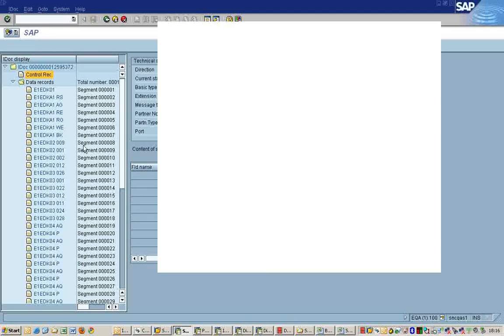Now within an IDOC, what we see is 3 levels. One is called the control record, which shows this one, and the second part is the data record, wherein it contains all the information of our file. For example, here the Belnr field shows us the invoice number, and these are called segments. We maintain a segment hierarchy.